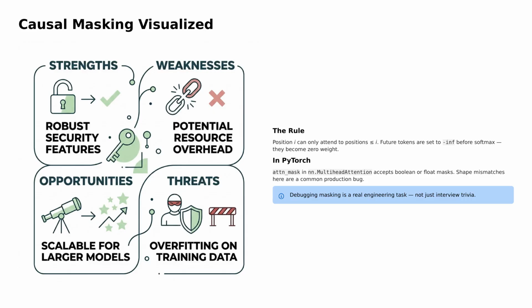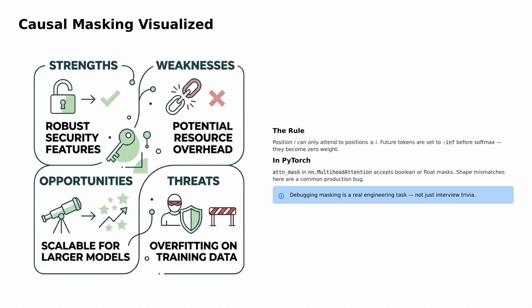Here's causal masking in plain terms. At position i, the model can only look at tokens up to i, never ahead. We enforce that by setting future positions to negative infinity before the softmax, which makes their attention weight effectively 0. In PyTorch, this usually shows up through attn_mask in nn.MultiheadAttention, and getting the mask shape wrong is a very